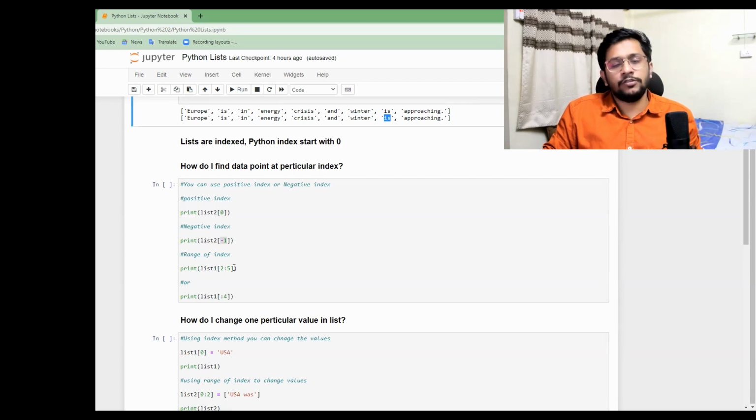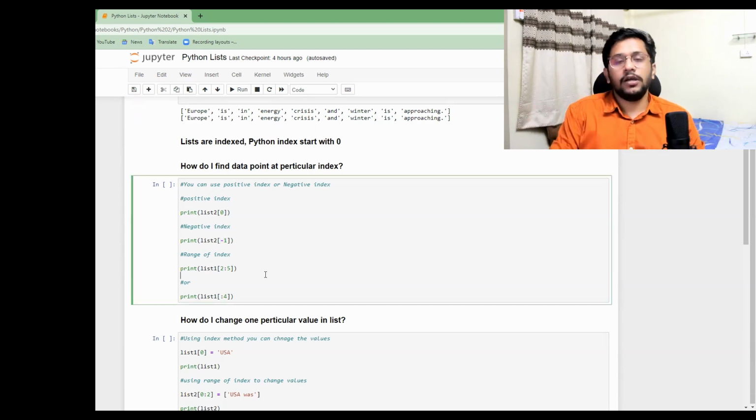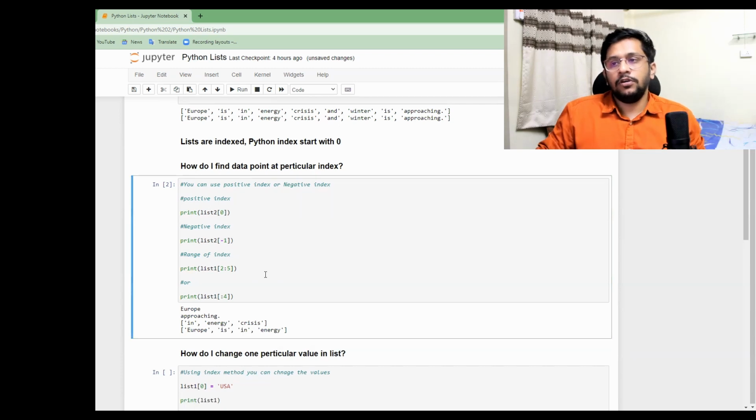And a range of indexes will help you to get certain elements of the range. Let's suppose that you want the last two or first two or middle three rows of any particular list. When I say rows, I am actually talking about data points, so don't get confused. And we could just simply ask, whatever is after fourth or whatever is after second, just give me that. I'll just run this. You see that 0 is Europe in list2, correct.